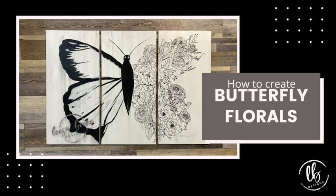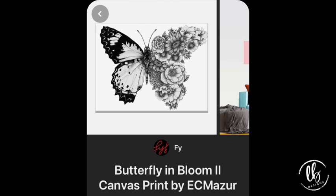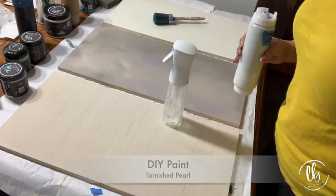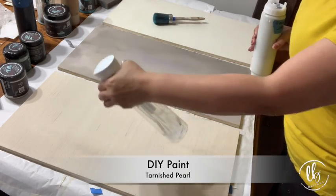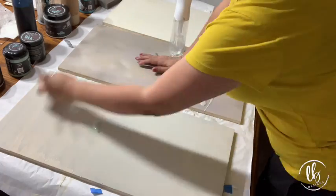I found a picture on Pinterest that inspired me. I found a 3-paneled version and I found one on canvas. I knew I could recreate this. I had 3 panels. I'd already started painting one for something different, but I went ahead and I painted over